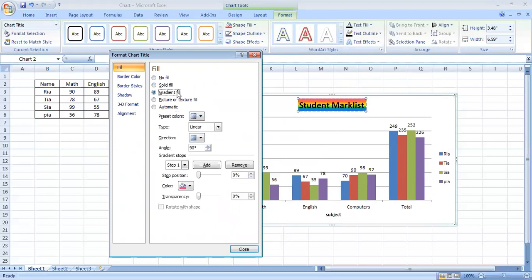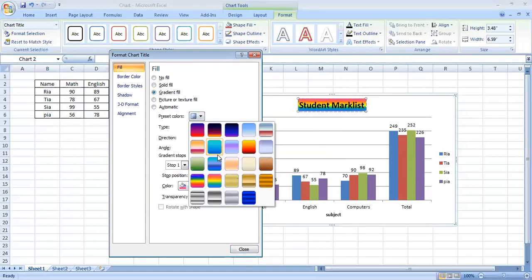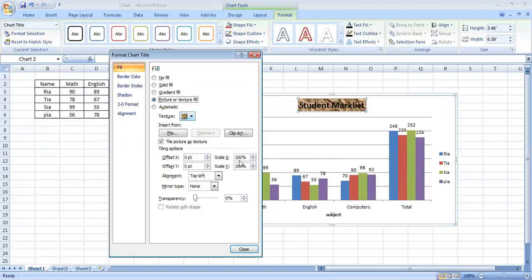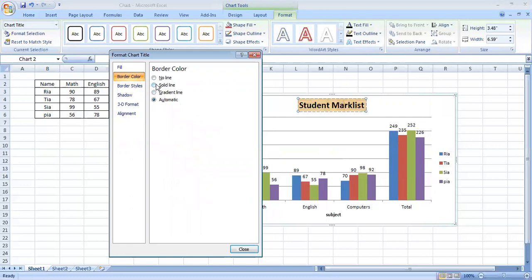Instead of color, you can also take a different gradient fill. Okay, so you can see there are different gradient fills, as well as different textures available. So you can take these textures of different colors as per your convenience or as per your liking. As well as there are some styles, color styles or border styles also. So you can change the border styles and border colors also. Here I have taken a solid line as a border of red color. So a red color border has appeared on the student mark list.